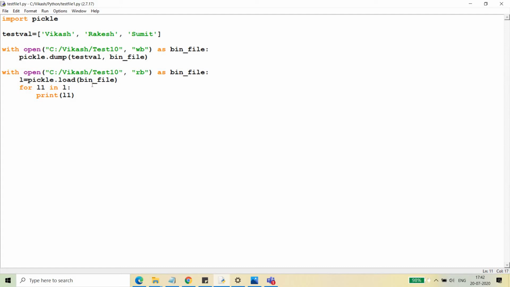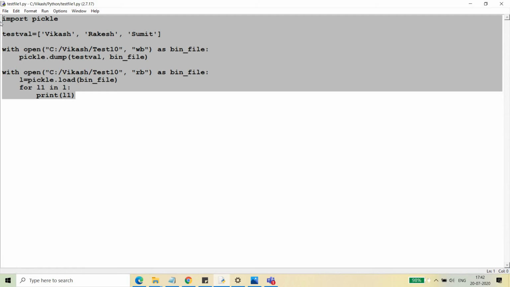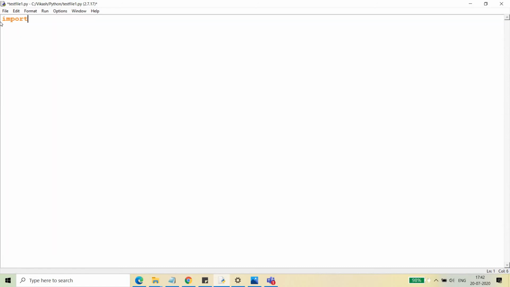Okay, so let's see how we can work with shelve, if we have to do file handling using shelve. For that I just need to import shelve, and if you have to open it, f is equal to open, and here you can write it like C drive again, and Vikas folder I'm opening is testdb.